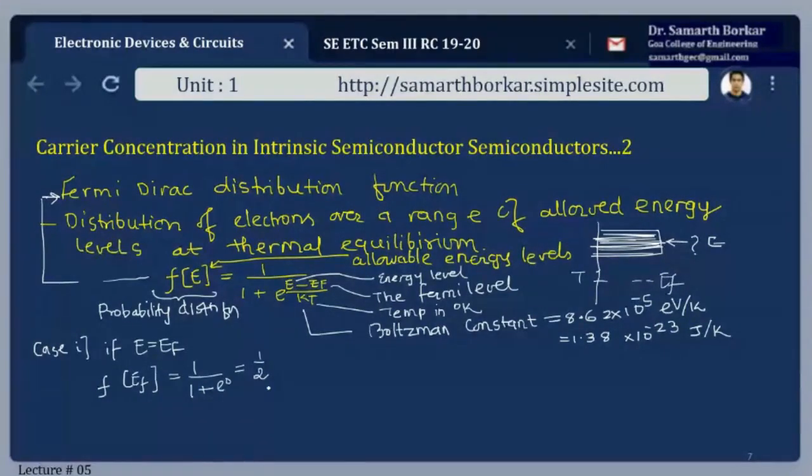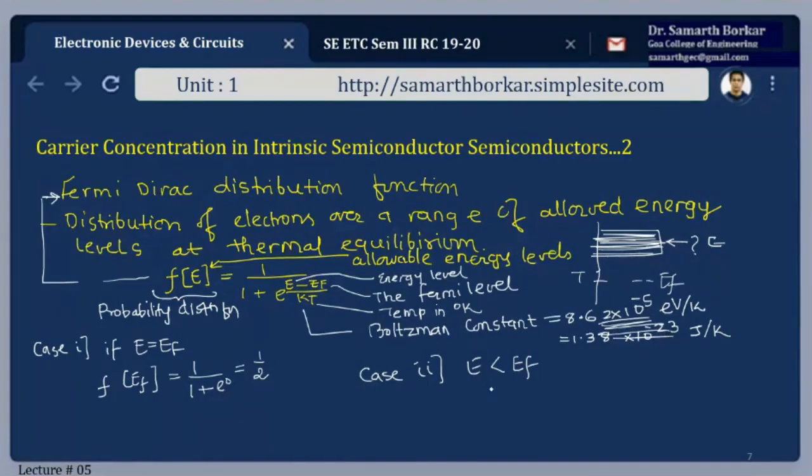If the number of electrons in the conduction band increases, how can it increase? By doping with a pentavalent impurity. Then this Fermi level is going to shift towards the conduction band. This we're going to discuss a little later. Okay, I'll take the second case. To get a clear idea, case 2, let us mark this energy level as very much greater compared to EF. EF is normally at the center, the Fermi level. Down here there is the valence band.